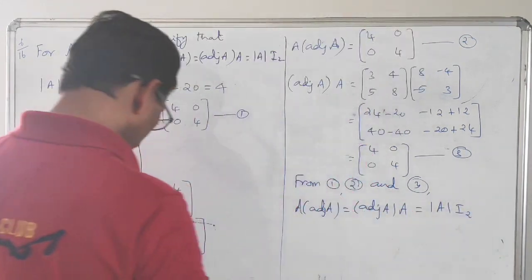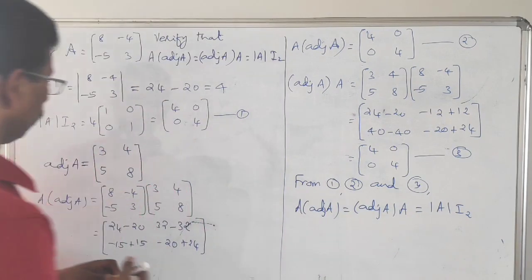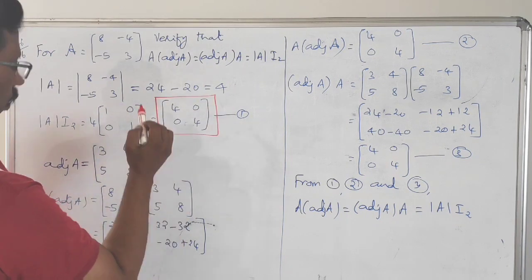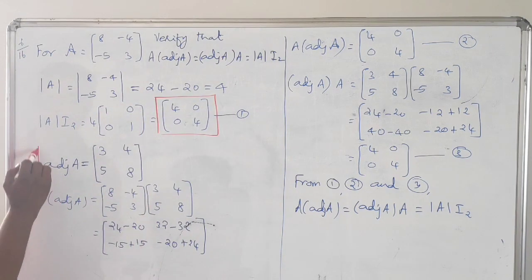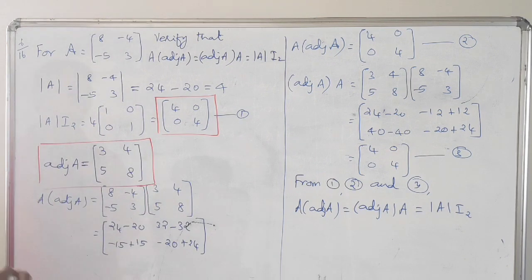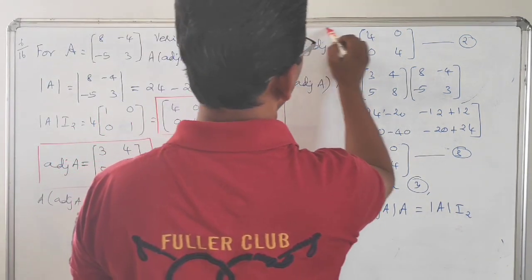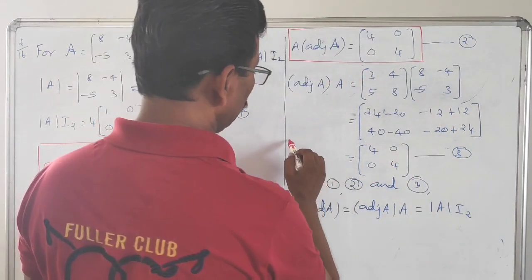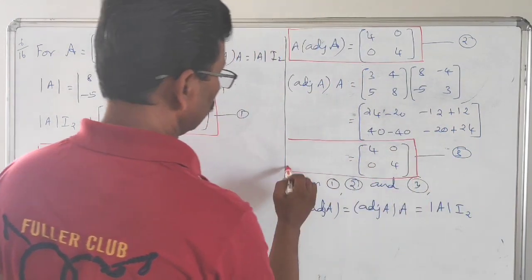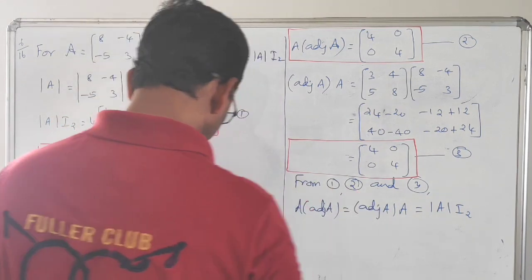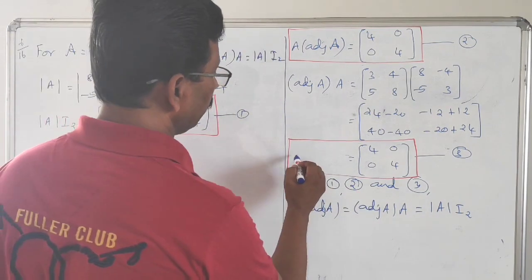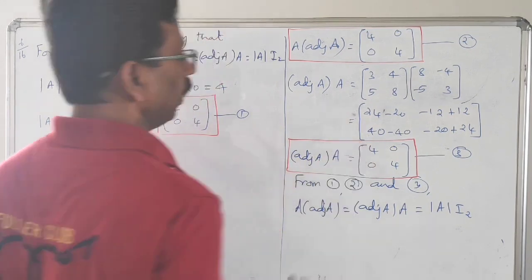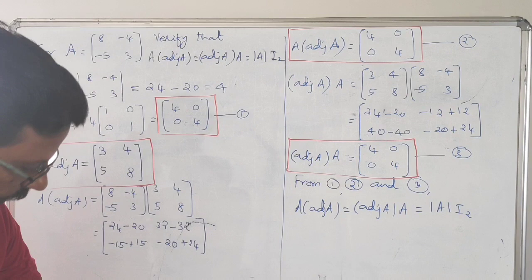Now we have finished all these things. Now this is determinant A value. This is determinant A value. Now this is adjoint A value. Now this is result number 1. Now this is result number 2. Now from this we can review all these things. Result number 2, here we can write adjoint A into capital A. Now from these things we can